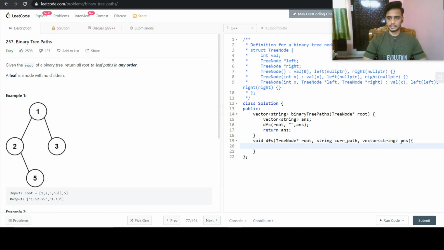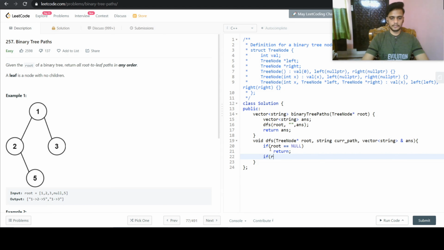So let us take this vector of strings as a reference so that we don't copy it again and again for the function calls. Now let us define the base case. The base case will be root is equals to null. If the root is null, then just return from the DFS.